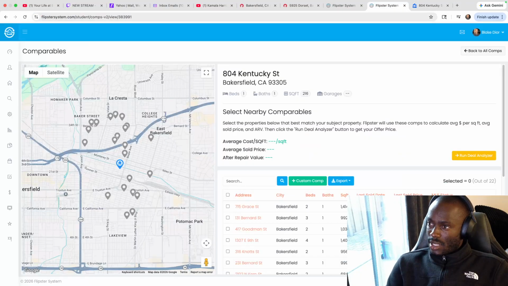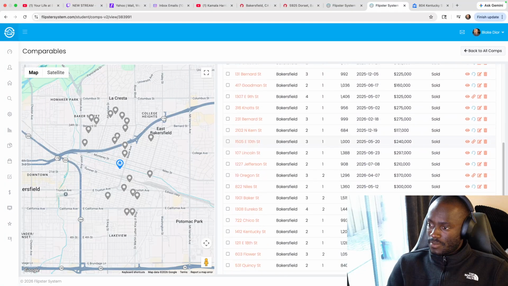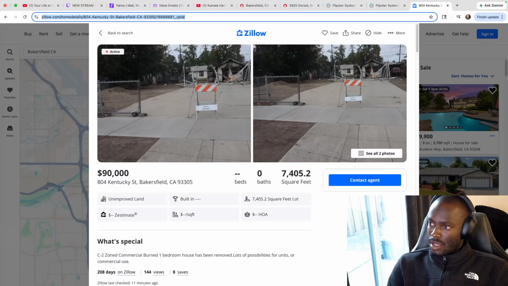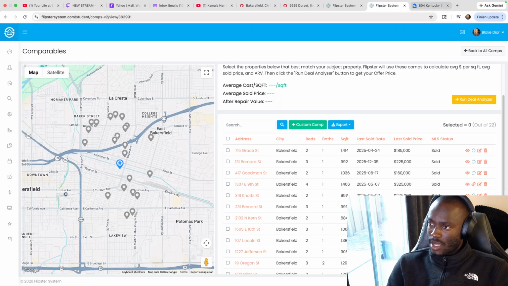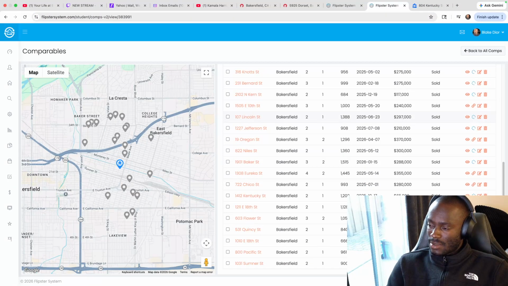So this is on market for 90,000, and we have homes that sold within a mile radius. Comps need to be the same bathrooms and bedrooms, but this one has absolutely nothing.